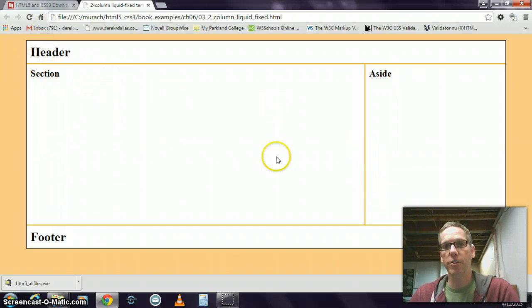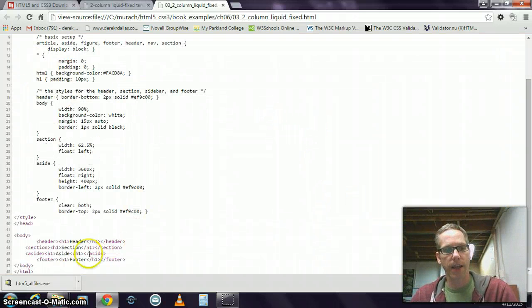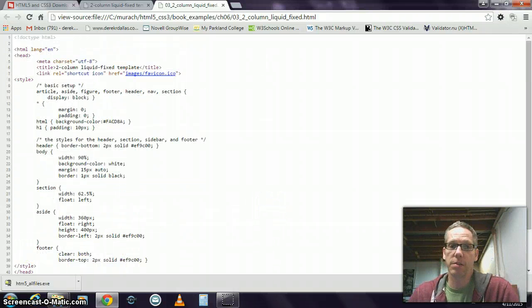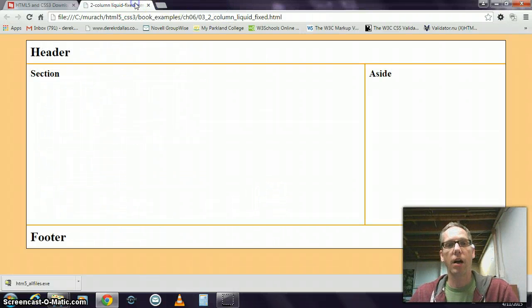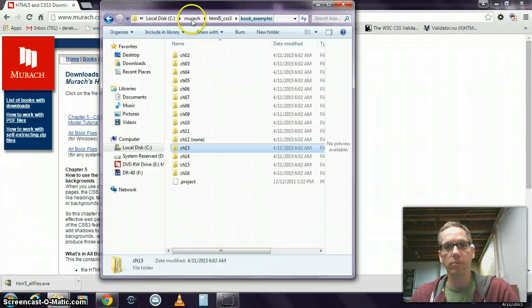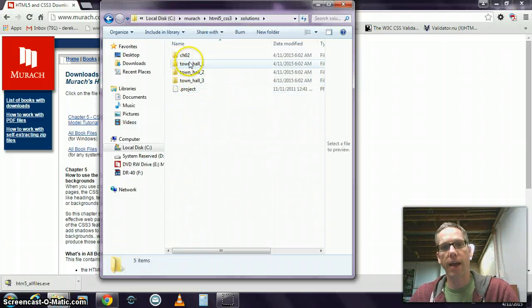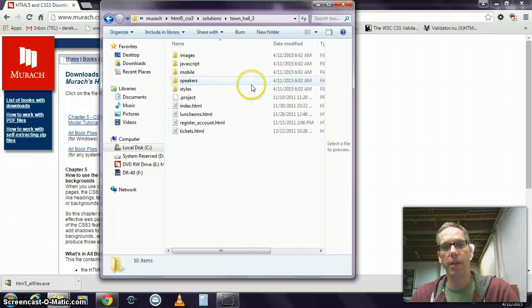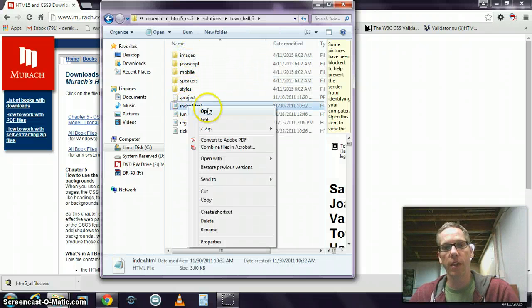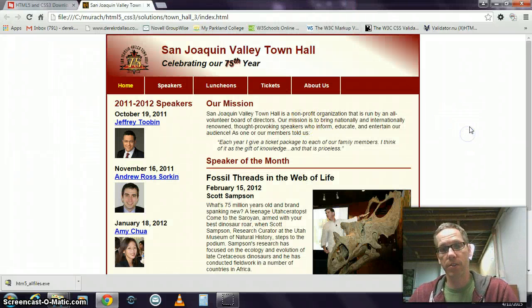You could look at the code and look at the way it is laid out in your code. You've got the header, you've got your section and a side and a footer. Of course, you can Control-U, look at the basic setups for it, see the styles, and see the basic layout. I mean, it's very simple in this particular case. You can also go to the solutions and look at the website that was put together here. So I'll just jump to the end and look at this website,